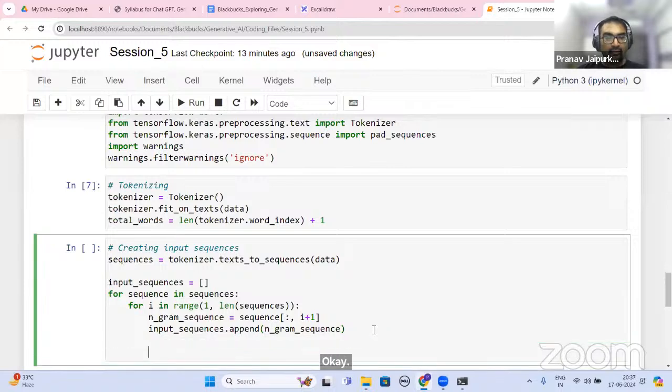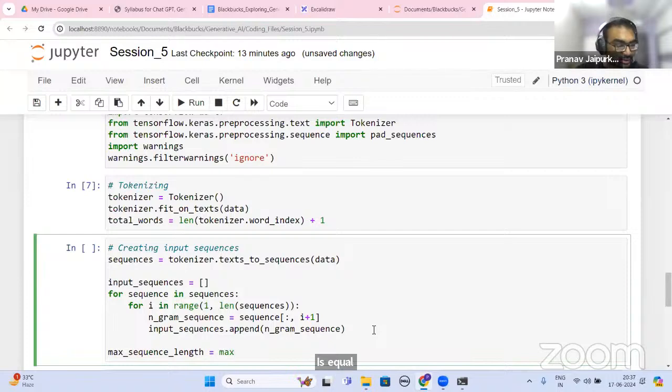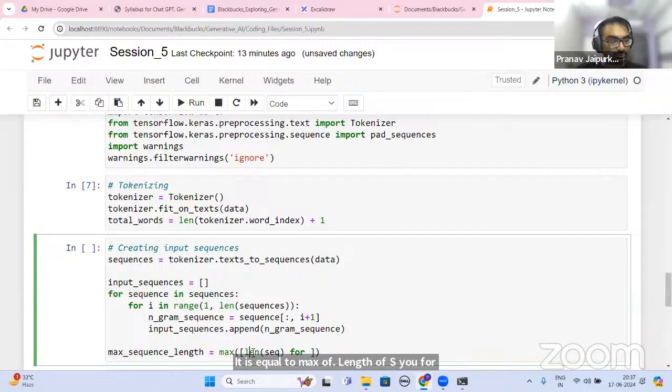And finally, after that, you have max_sequence_length is equal to max of length of seq for seq in input_sequences. Okay.